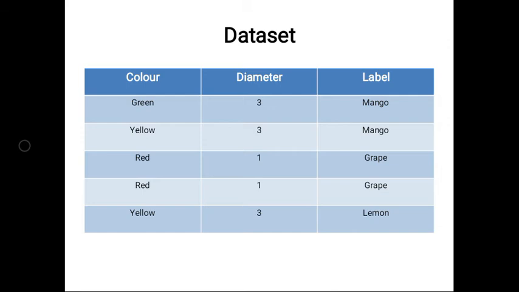Here is the sample dataset that we are using to explain the decision tree. In this dataset each row is an example, the first two columns provide the features or attributes that describe the data, and the last column is the label we want to predict. It's not perfectly separable, as in the second and fifth examples both diameter is 3 and color is yellow, but the labels are different. Let us move on to how the decision tree handles this.